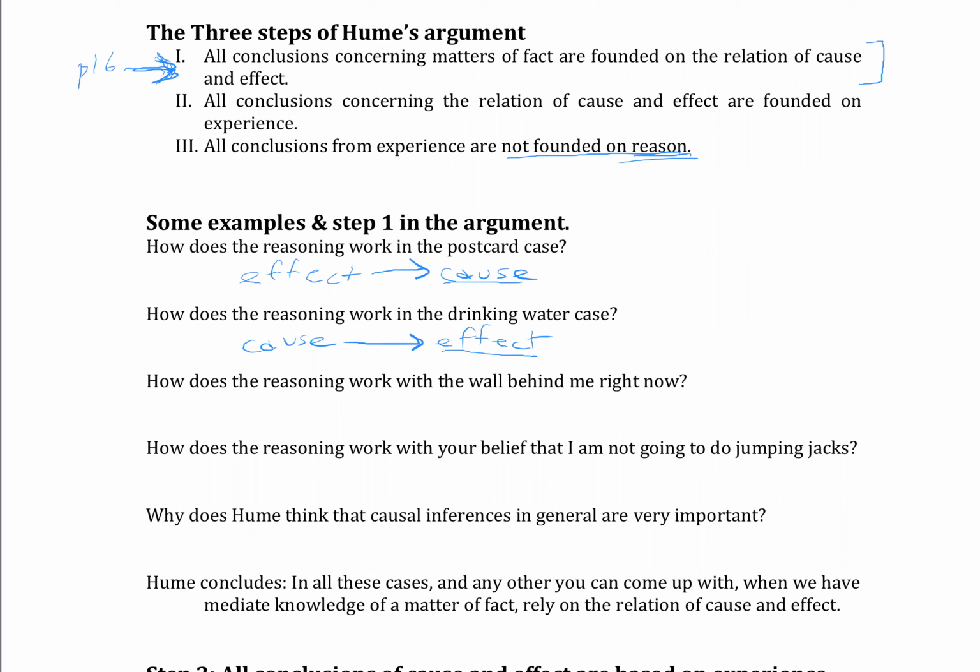If the wall came down or popped out of existence, however, then there would be all sorts of ramifications, all sorts of unusual effects. The ceiling would probably start collapsing. My wife would come in horrified from the next room. Or she might start running out the door. But I can infer from none of these things happening that the wall hasn't popped out of existence. And in general, I can infer from a lack of unusual effects that there isn't an unusual cause, right? So lack